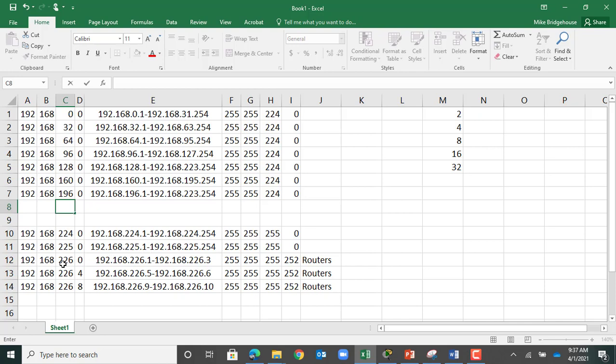I could keep on going and going if I wanted to, because I've reduced my number of hosts from the thousands to 254 usable. But just to shorten things up, and I've given myself more room for expansion here, I'm going to now subnet again the 226 network with a 255.255.255.252 subnet mask, and you'll see my range goes from 226.1 to